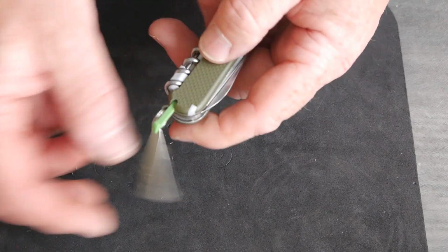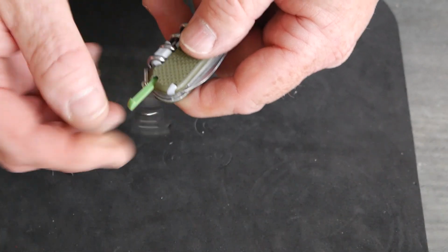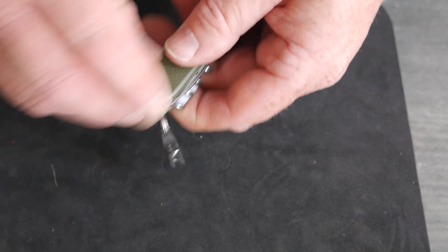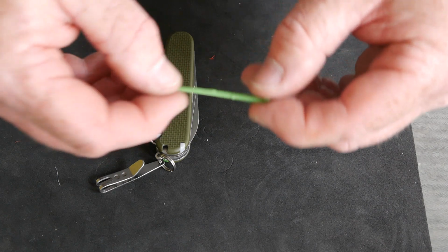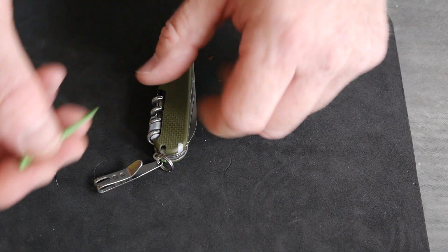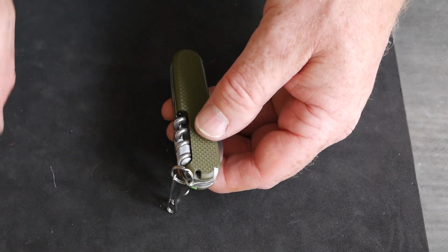So the toothpick isn't fitting quite as well as the pen did, but I think it just needs a little bit of use to get it working. So I'm just going to leave that out for a short time and try the tweezers. And there the tweezers fit in brilliantly. So the toothpicks have a little nodule on the side, and that helps to keep it in without falling out. I personally think this needs just to be shaved down a little bit. It goes in, but for it to be taken out easily. So I'm going to leave that out for now, and I'm just going to use a little tiny file on that to... in fact,